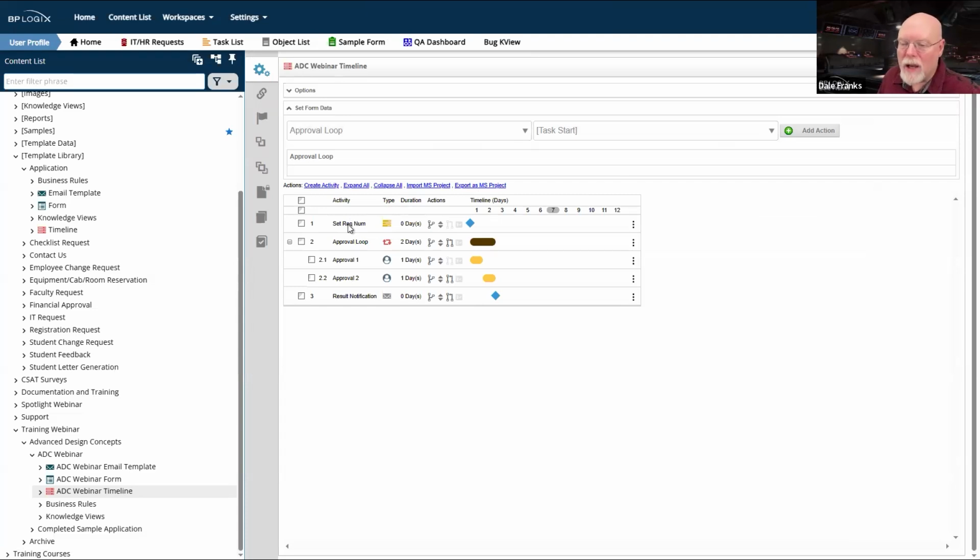I will just invoke the custom task and take the extra overhead hit of having the set form data custom task run. It's not that big of a hit, but it makes it a separate process timeline activity. So I am explicitly telling people, if they come in to edit the process timeline, this is where I'm setting the request number. So we want to have a request number.